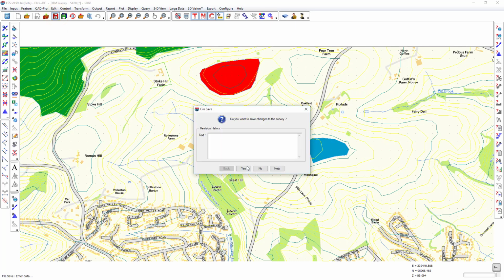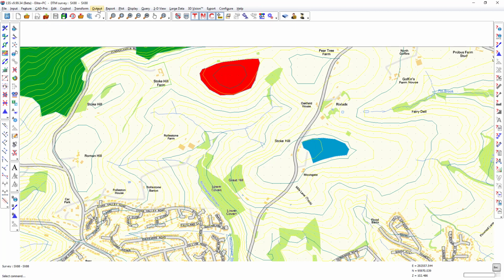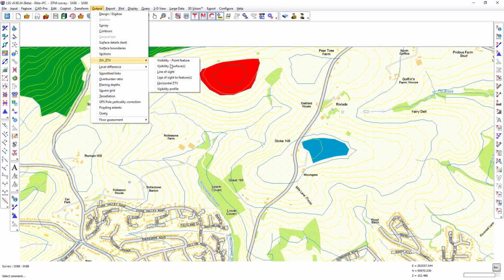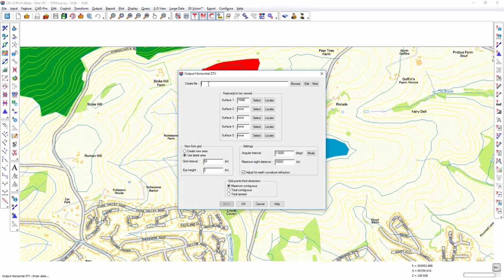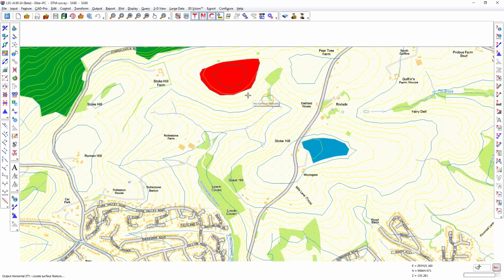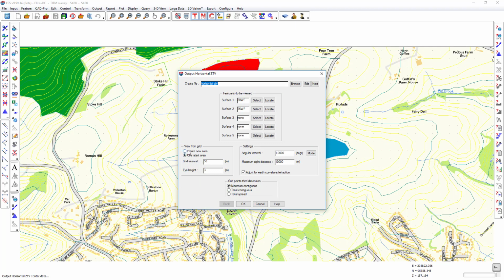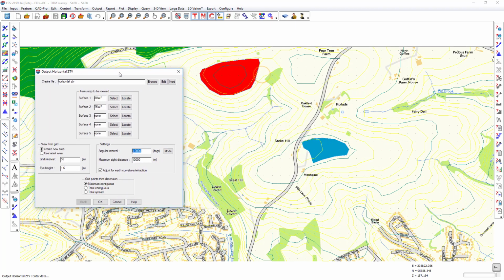We'll save this survey and we will choose Output, ZVI ZTV, Horizontal ZTV, we locate this surface and this surface. We create a new grid of receptors, set the eye height, and because this is a line of sight analysis, we want to make sure that the angular interval is fine enough